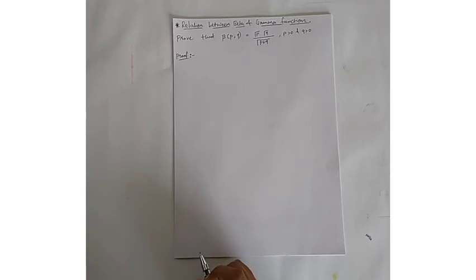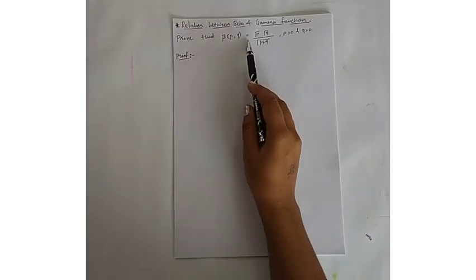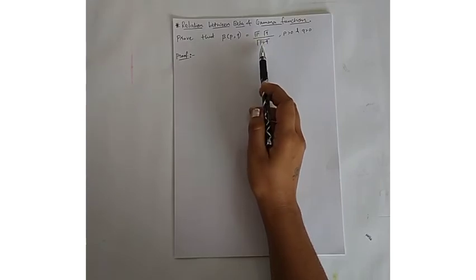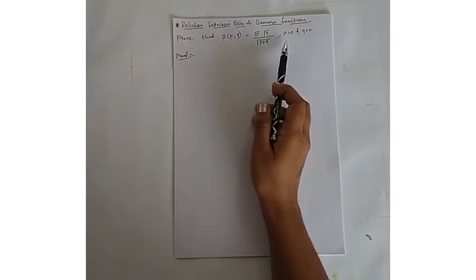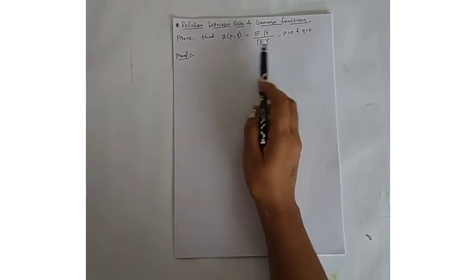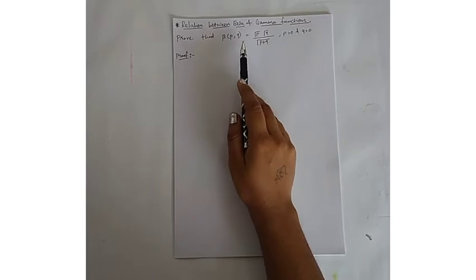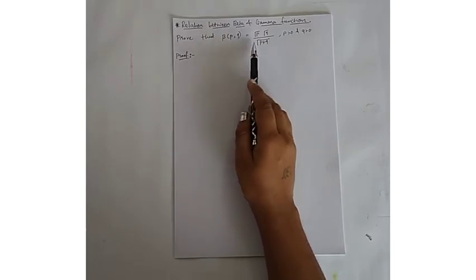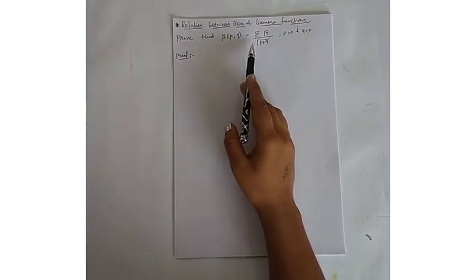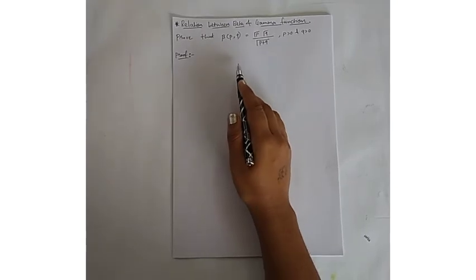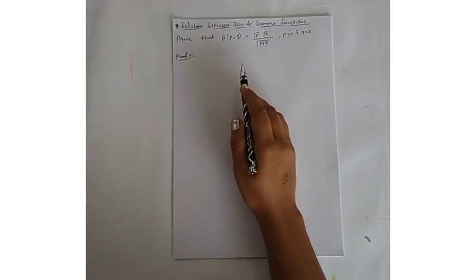So the first relation is given over here, that is beta(p, q) is equal to gamma p into gamma q upon gamma(p plus q), where p and q are positive. We are going to prove this relation. So for that, using the definition of gamma function,